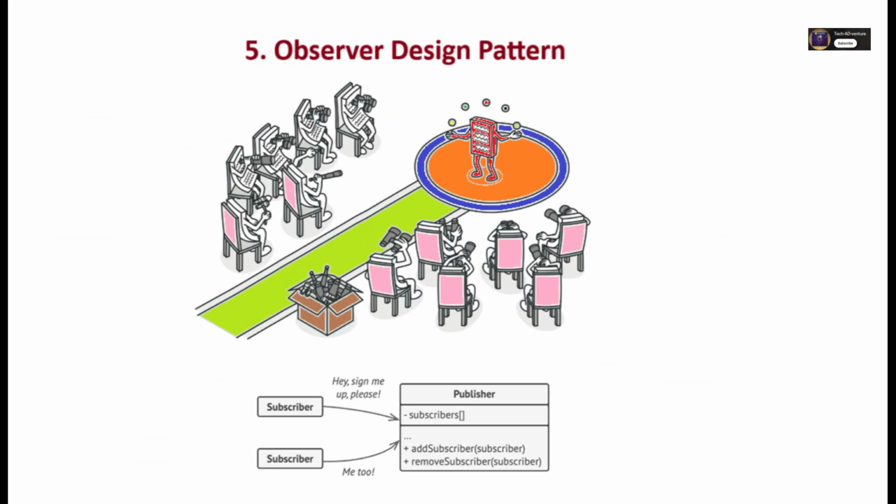5. Observer design pattern. Observer is a behavioral design pattern that lets you define a subscription mechanism to notify multiple objects about any events that happen to the object they're observing. One object, called the subject, maintains a list of dependents, called observers. When the subject changes its state, all registered observers are automatically notified. For example,